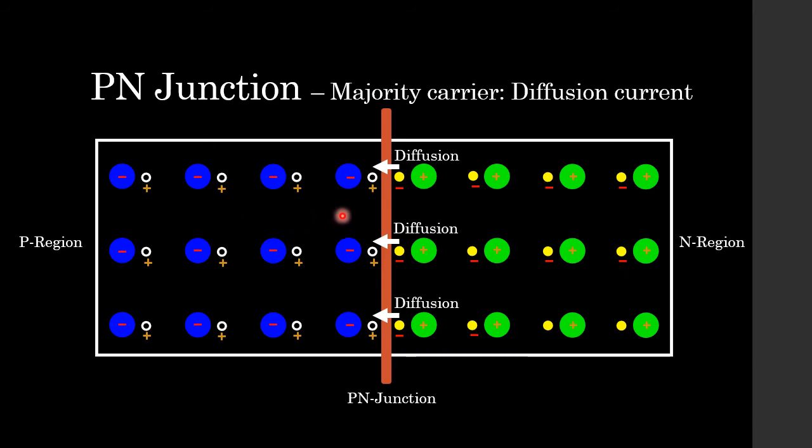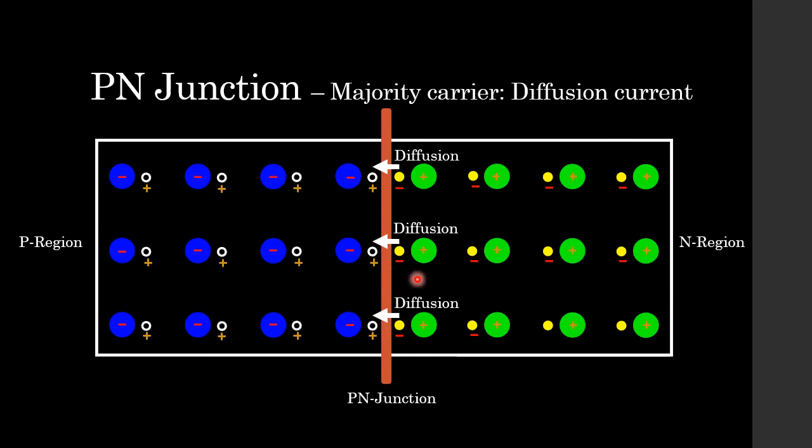And because of this concentration gradient, you might remember that there is something called diffusion current. Diffusion current is current that flows due to the presence of a concentration gradient. And we have this concentration gradient between the N region and the P region for free electrons, and a concentration gradient between the P region and the N region for our positive holes. And that causes these free electrons to move and recombine with the holes at the PN junction due to this